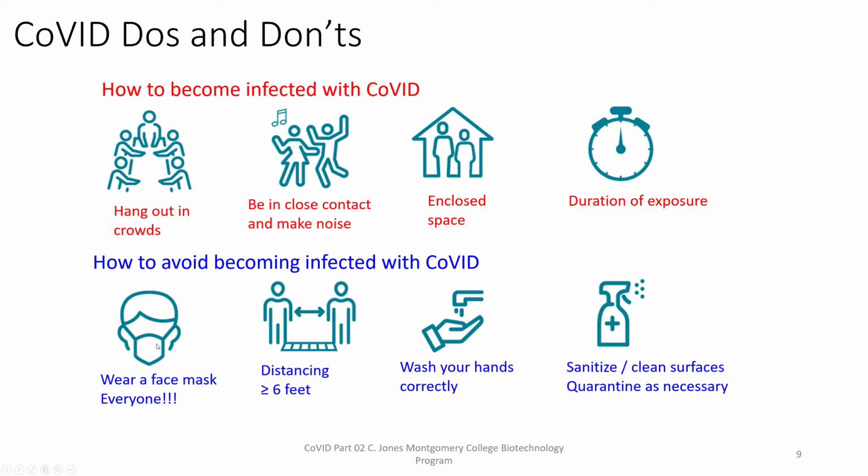How to avoid being infected with COVID. Wear a face mask. Everybody has to wear a face mask. If you are wearing a face mask and the person across from you is not, you are doing a wonderful job of protecting them, because all those blue surgical masks protect other people from your respiratory droplets. But if the person across from you is not wearing a mask, basically they're just covering you with their respiratory droplets, and you are much more susceptible to disease.